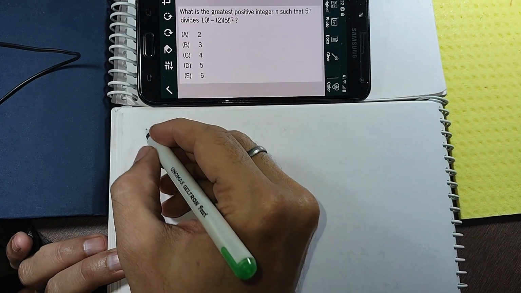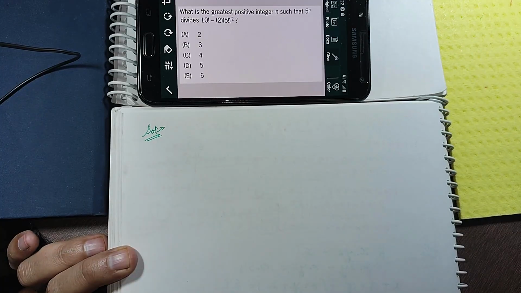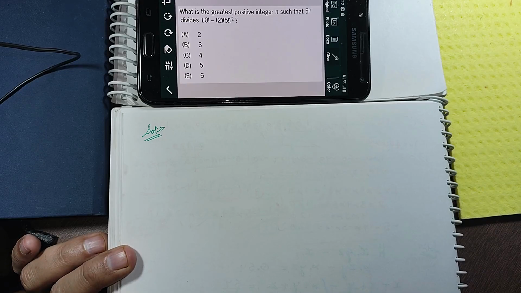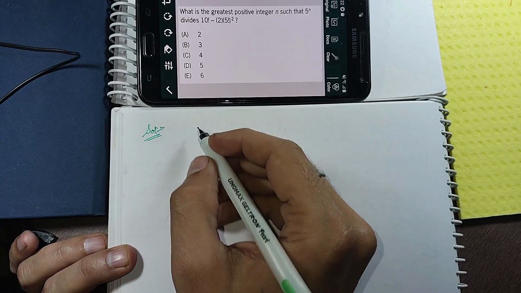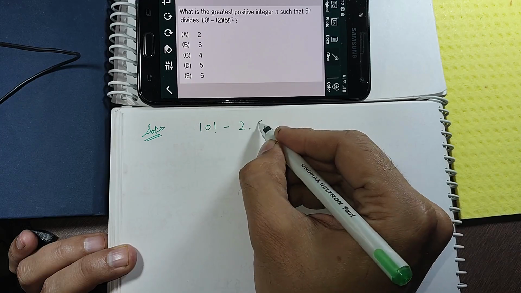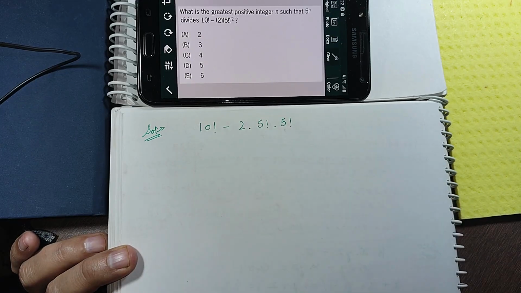What is the greatest positive integer n such that 5 raised to power n divides 10 factorial minus 2 multiplied by 5 factorial square? We have done the same type of question in the previous video. So first of all we will write 10 factorial minus 2 dot 5 factorial dot 5 factorial. So basically we have to find the maximum number of 5s in this